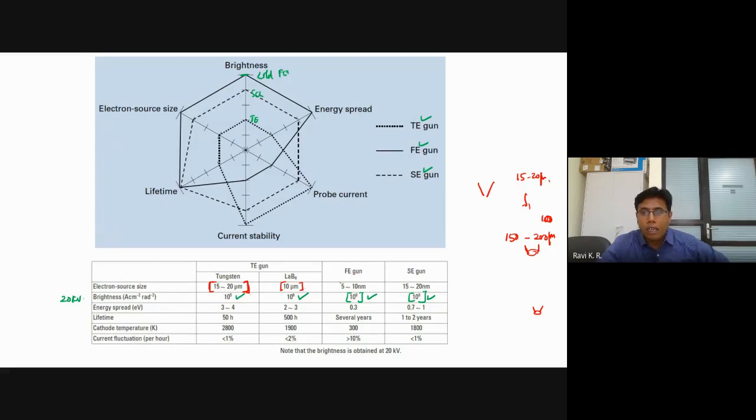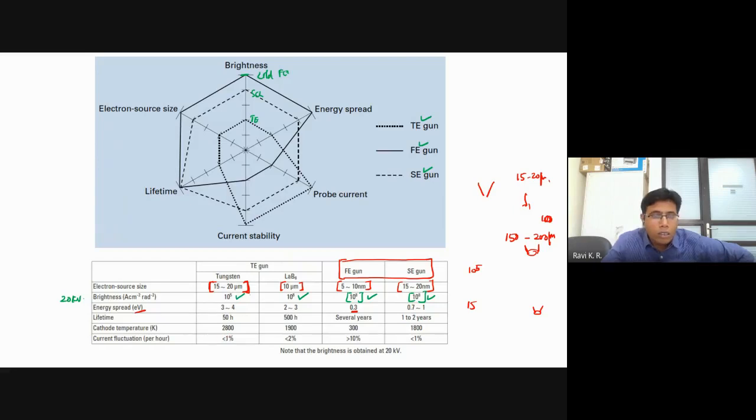On the other hand, you can see here the crossover we have seen, from 10 power 5, is coming down to 15 in the field emission gun. So the electron beam source size is also coming down. That is the reason these microscopes are very famous nowadays, because they can give you very good resolution. You can have a very high brightness also. The energy spread needs to be lower and lower, because we don't want to see the energy spread, the eV values varying. It should be very small.